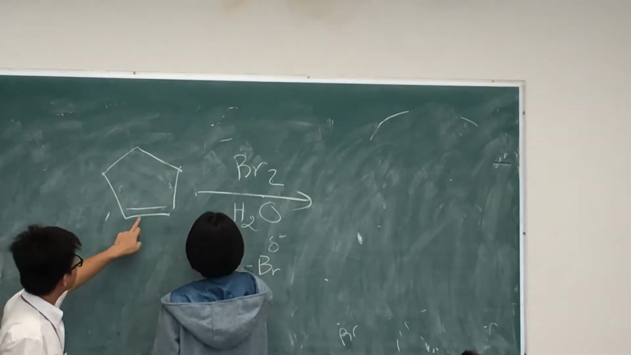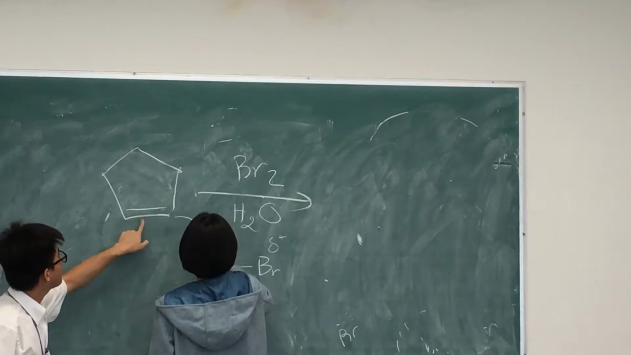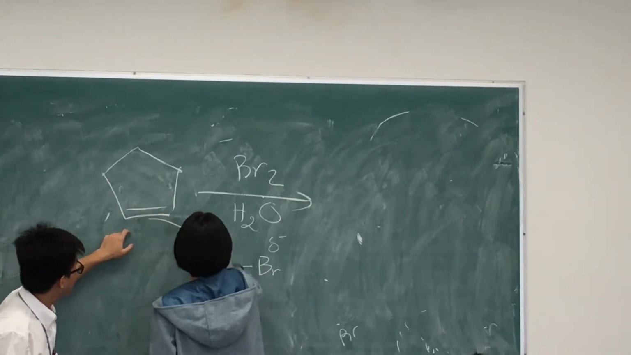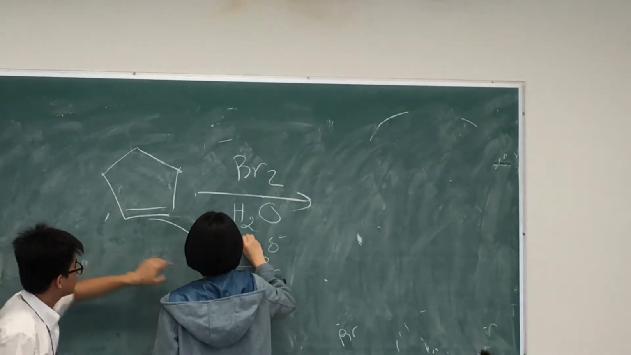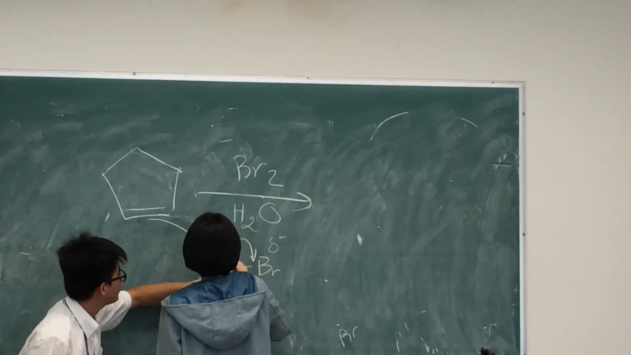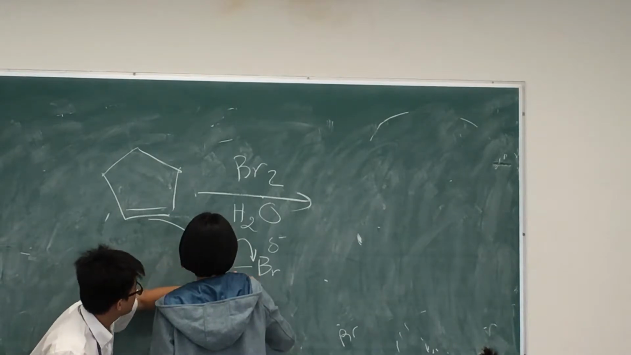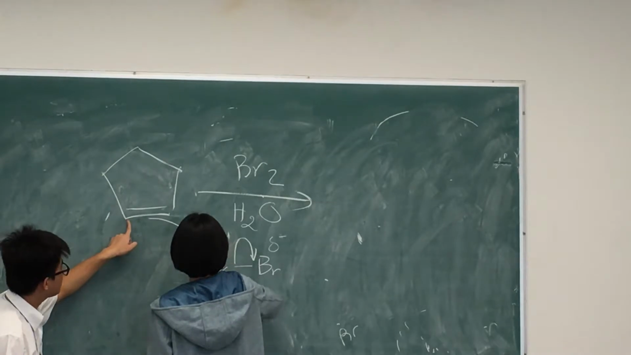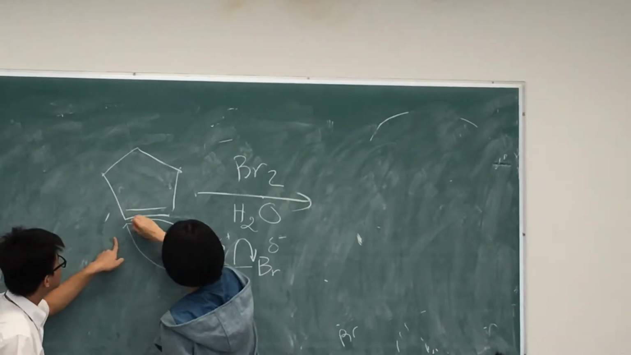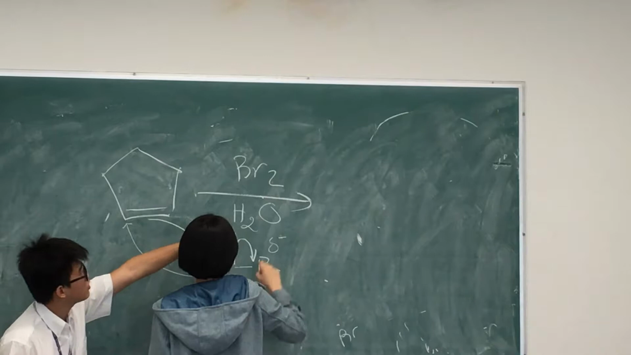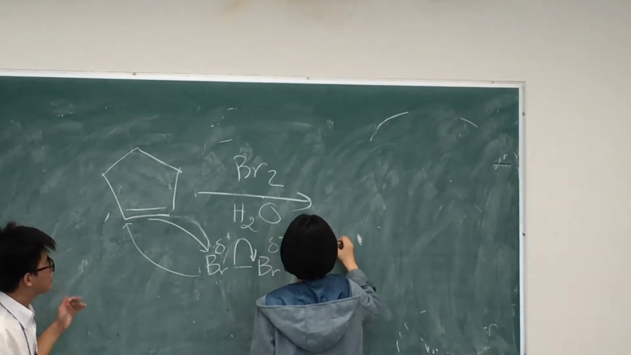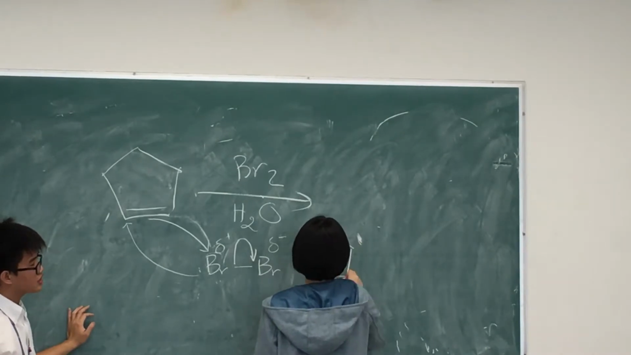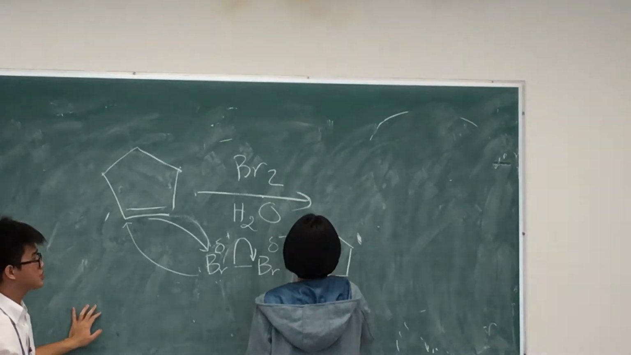So the double bond will give electrons. The electrons from here give to Br. The bond between the two Br will break, right? Wait, the bond breaks, not Br. Okay, and then Br will give a bond electron pair back to form a ring. Good, keep on. So the next product will be